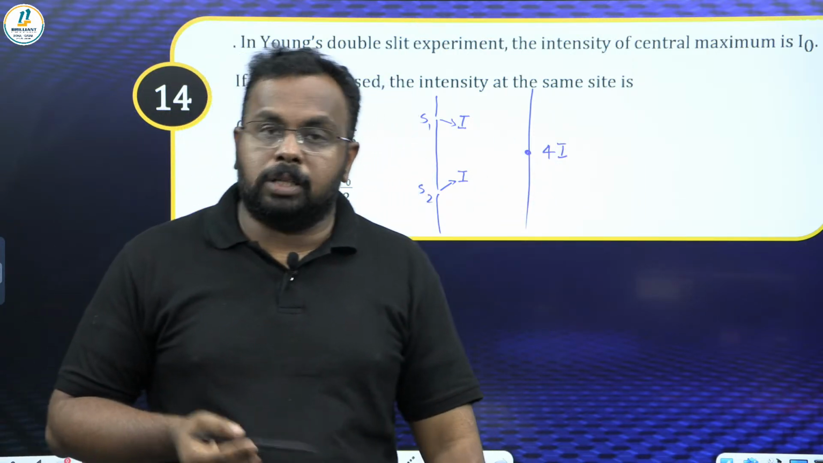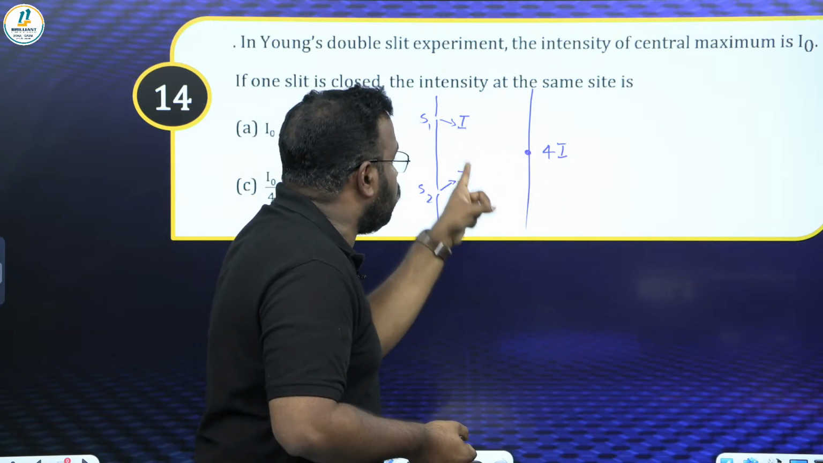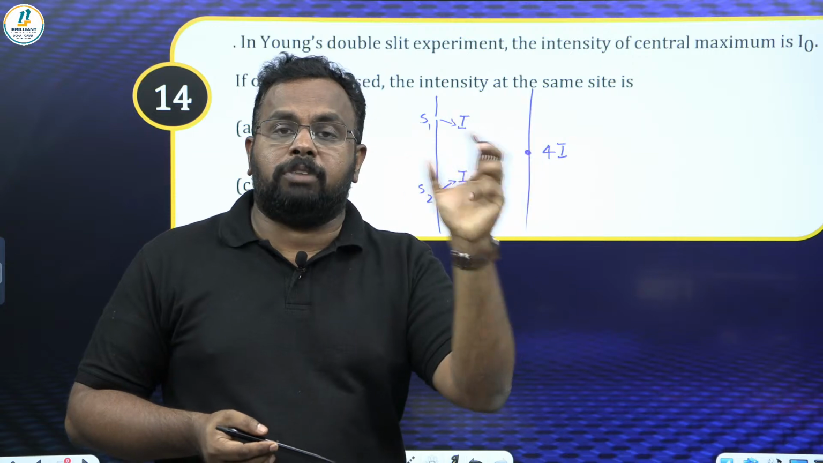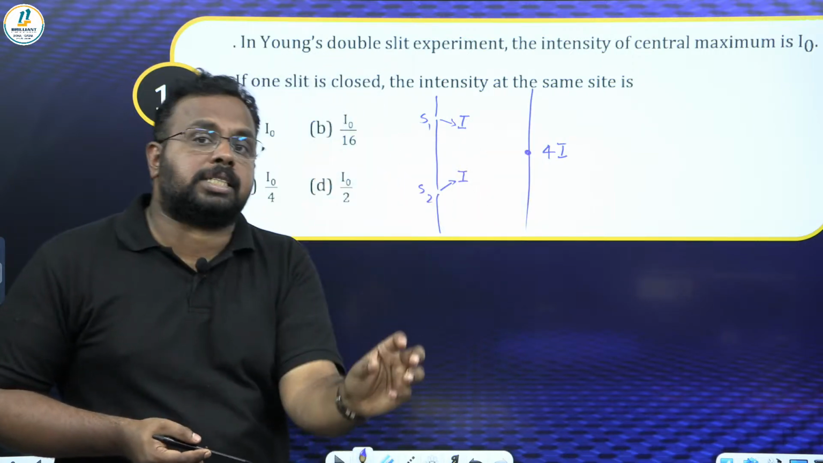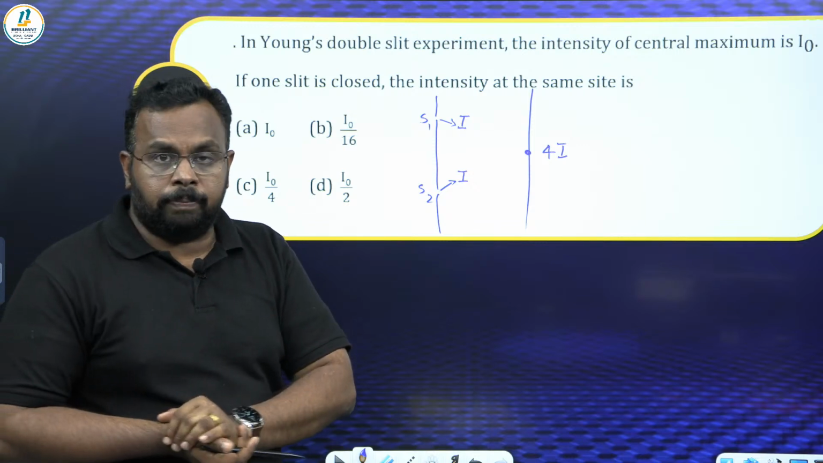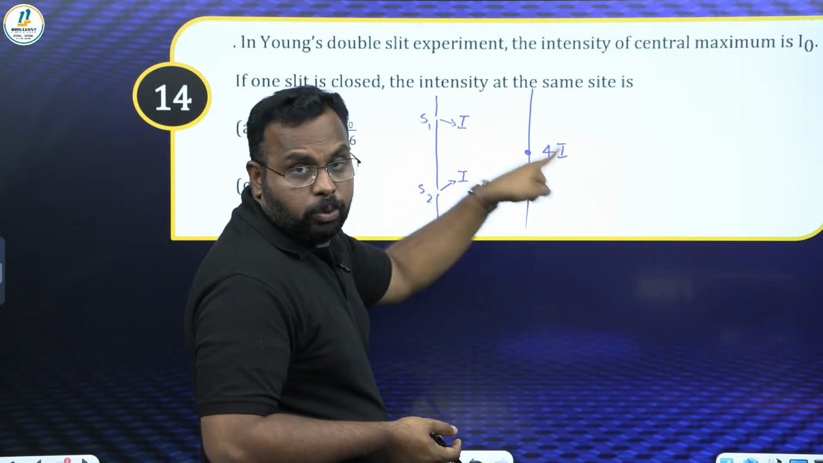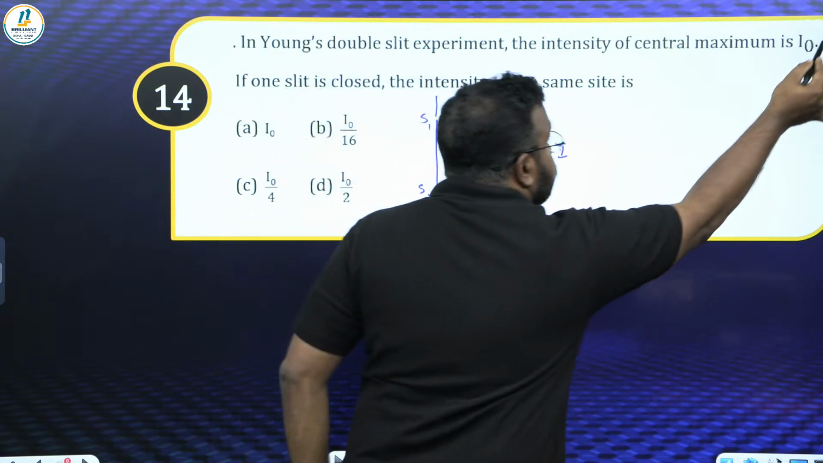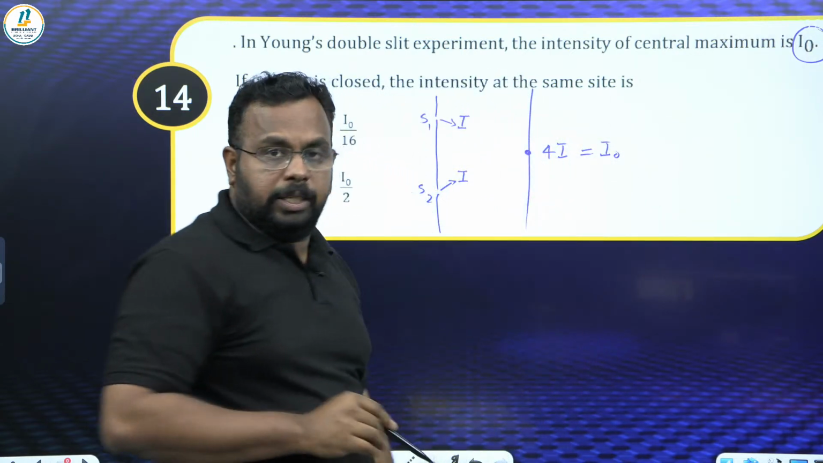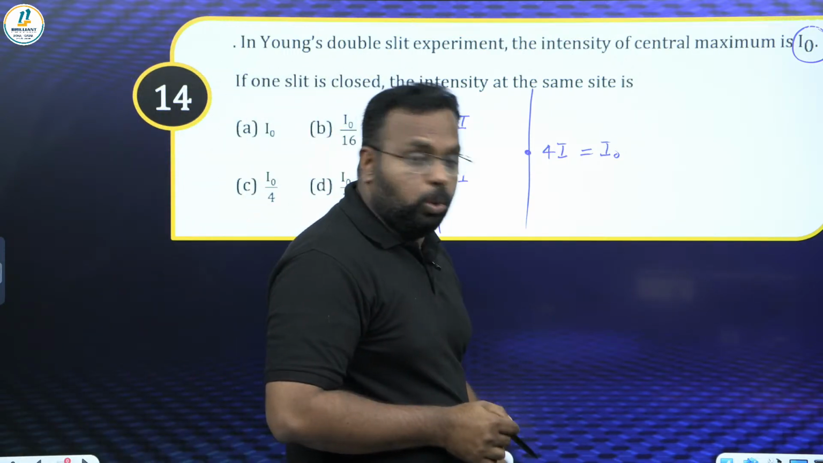In our derivation and formula, we have taken this as I0, this as I0, and the resultant intensity was 4I0. The intensity formula is 4I0 cos square phi by 2, but at the center point the intensity is maximum and it is 4I0. So here we are taking I and I, so the resultant intensity is 4I. That 4I is given as I0. So the resultant intensity is I0. It is given. Now what they are asking in this question is, if one of the slits is closed,